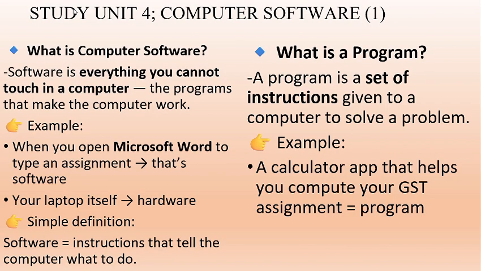Yeah, I said software is instructions that tell the computer what to do. And I said program is a set of instructions given to a computer to solve a problem. I don't know if you can see the difference between these two explanations. For the software, it says instructions